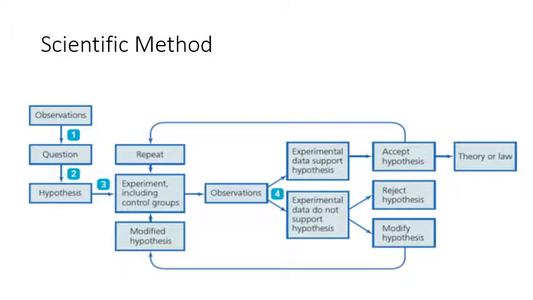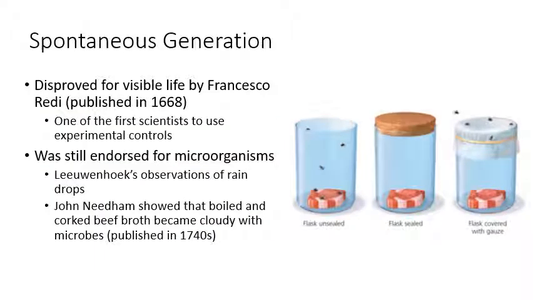So that's the scientific method. Now back to spontaneous generation. So actually, spontaneous generation had already been disproved for organisms that you can see with your eye a long time ago by the mid-1800s. So actually, a scientist called Francesco Redi had disproved it in 1668 by doing an experiment